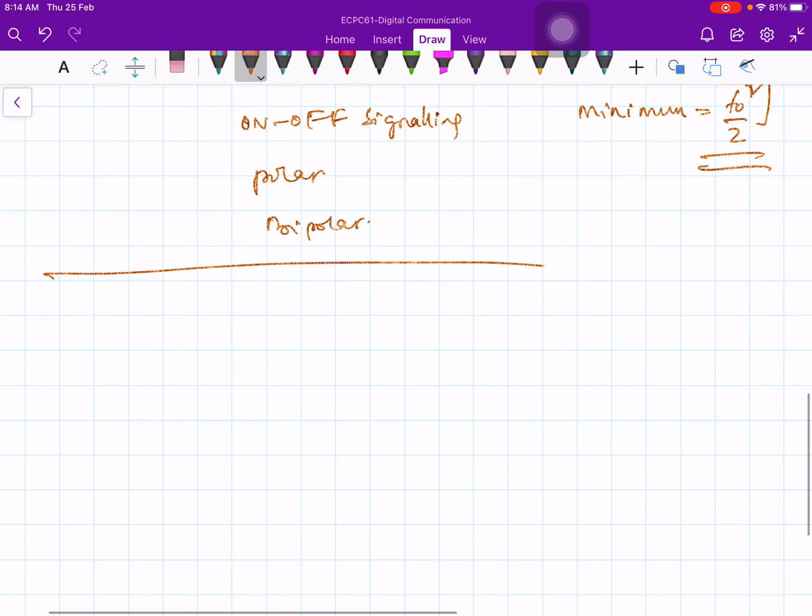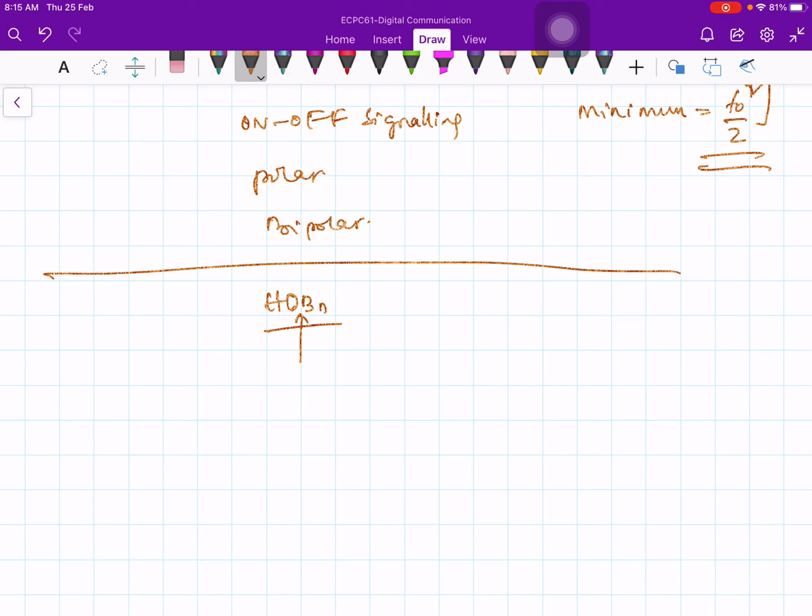Okay, now in this lecture, let me introduce yet another new scheme which we have not discussed so far. We will come to the HDBN code a bit later. But before going to the HDBN code, I would like to introduce to you a new line coding scheme. It is new to us, but it has been known for a very long time. It is fairly well known.